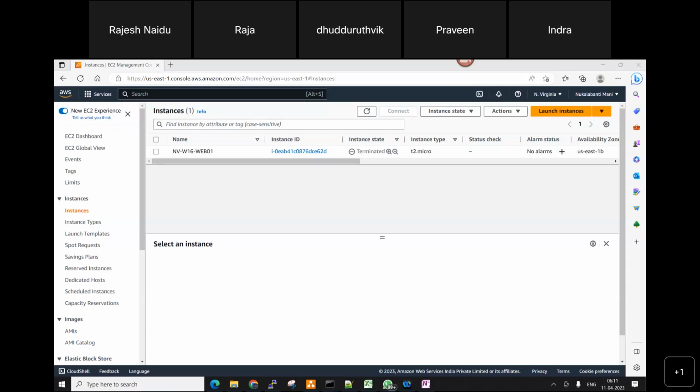To set up this lab, it will definitely take at least 1.5 to 2 hours. You need to follow step by step and configure it. At least 2 to 3 times you need to build this configuration, tomorrow and the day after tomorrow, so you can utilize this time. And without any doubts, by Friday